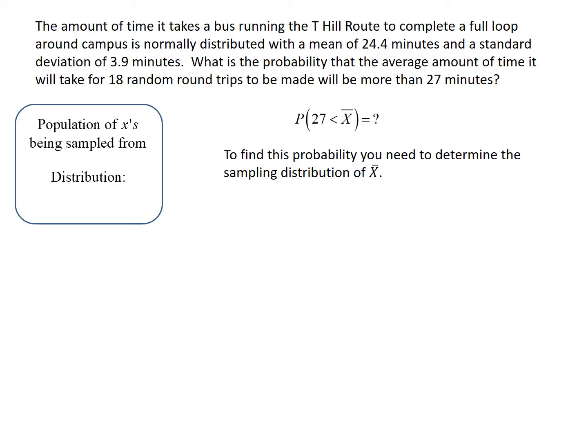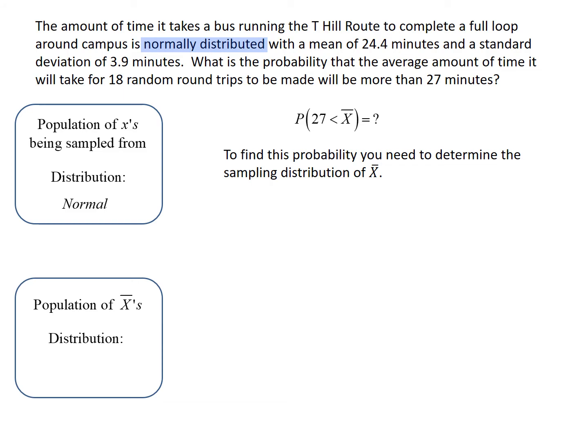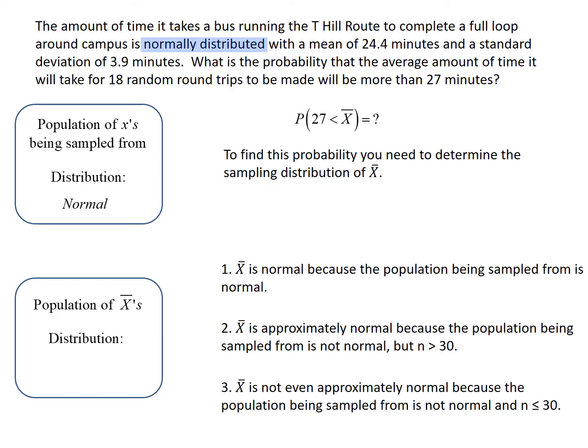Okay, so when we look at what we know about the loop times, we know they're normally distributed. So the population that we are sampling from is normally distributed. We do have a normal parent population. This is going to inform us about the population of X bars and how X bar is going to be distributed. So we have our checklist of 3 possibilities, and we're just going to run through these 1, 2, 3 in this order every time. In this case, the population we are sampling from, the loop times, is in fact normally distributed. So X bar will be normally distributed,